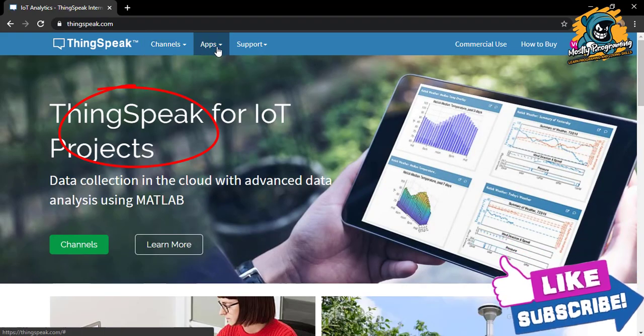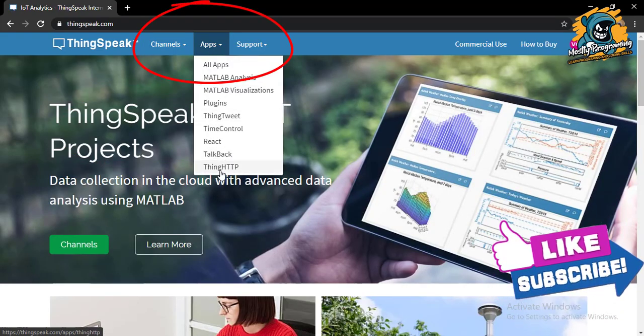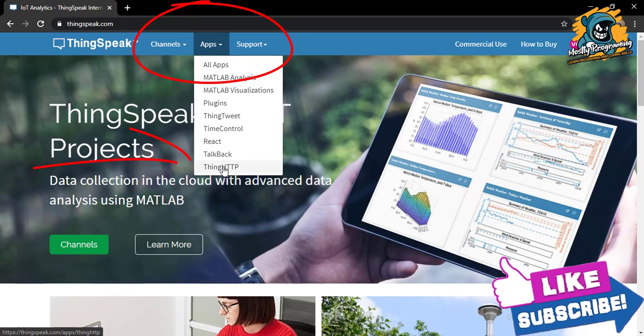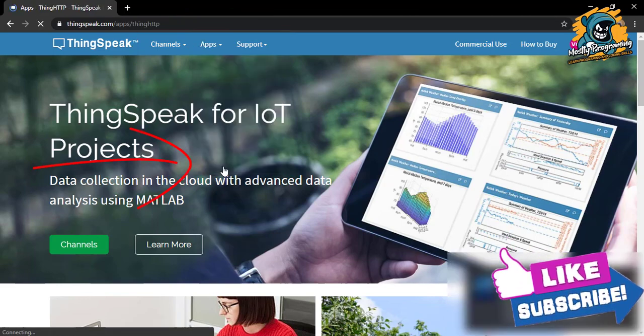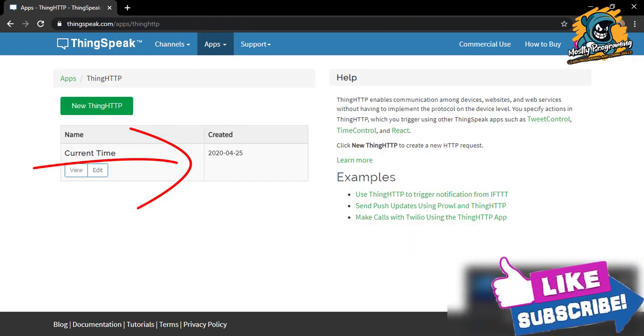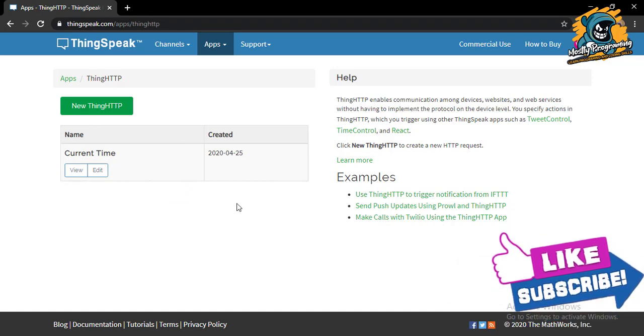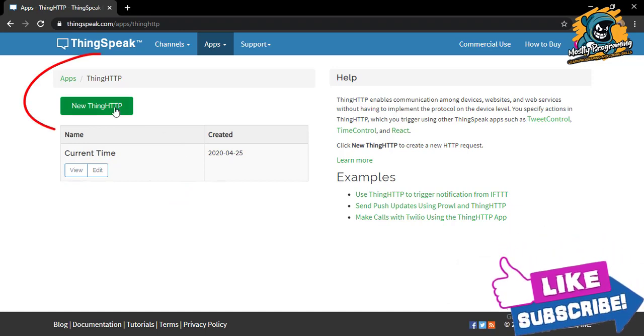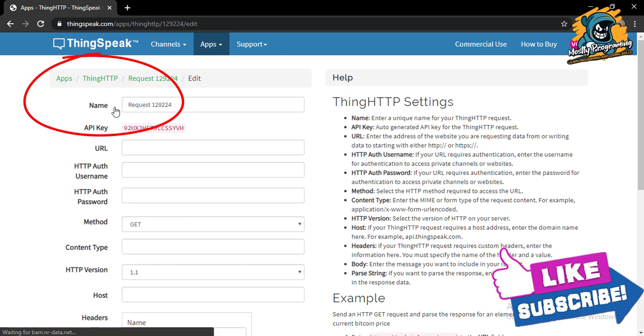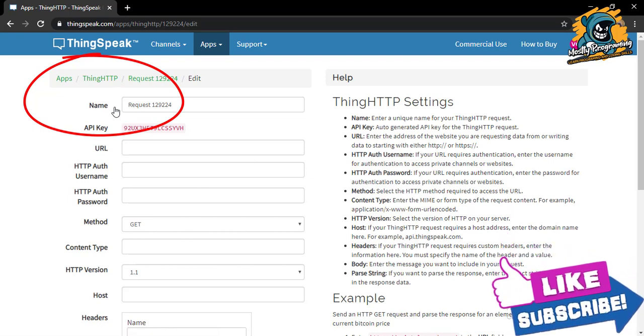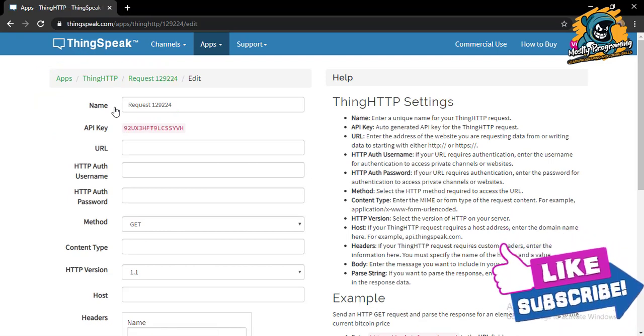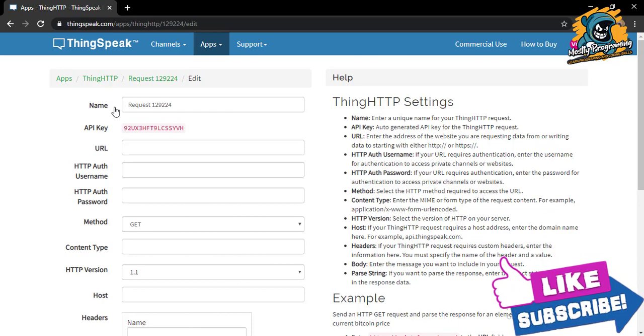Then go to apps and select ThingHTTP, Hypertext Transfer Protocol. Here you have to create a new ThingHTTP. Click on new ThingHTTP.